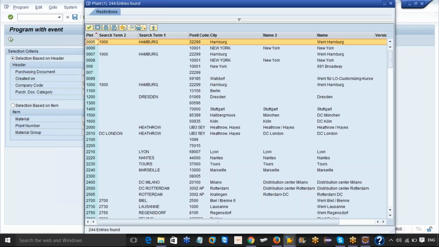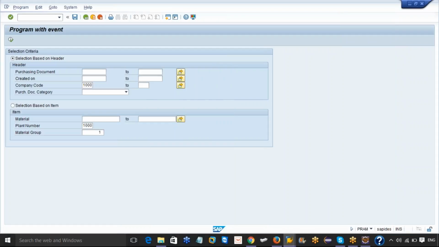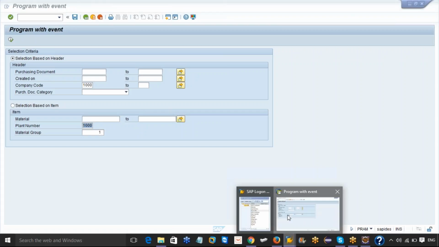So if I want to provide a plant number, here they are providing it based on plant number and their search term, postal code and city. But you want something different, something like company-wise, inside every company code what are all the plants, you want to search the plant number or some other kind of plant number searching. In that case, you can create your own F4 help with an event. The event is called